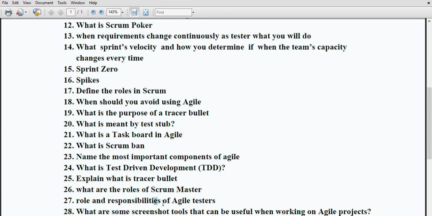Then what are the responsibilities of an agile tester? Basically, as an agile tester, you have to understand the requirements, assure the project testing tools, assure the environment setup, understand all the tools or techniques you are going to use, identify the defects, try to solve the defects, and take good knowledge. These are some responsibilities of an agile tester.